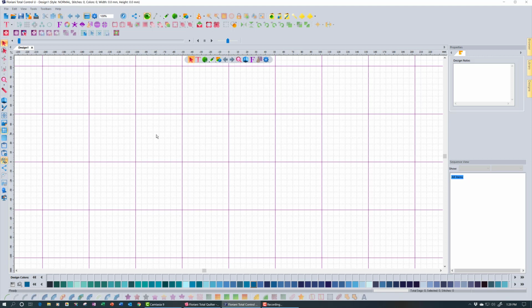So you'd have to save something in my decorative quilter and then bring it into Total Control and mess with it in Total Control, and then maybe go back to Total Quilter to do some other things. You don't have to do that anymore. Now it's all integrated. And I keep mentioning this Fusion program, so let me just try to unconfuse you here for a second,